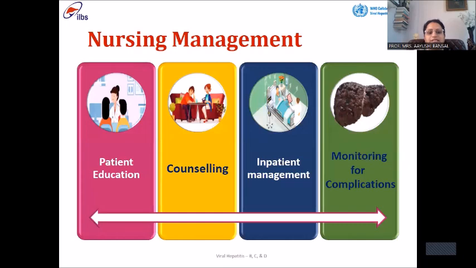Next is nursing management of hepatitis. Nursing management is a very important aspect in case of hepatitis because hepatitis is a social stigma more in comparison to the disease itself. अगर हमें लगता है कि हमारे आसपास कोई हेपेटाइटिस बी, सी, डी का पेशेंट है या